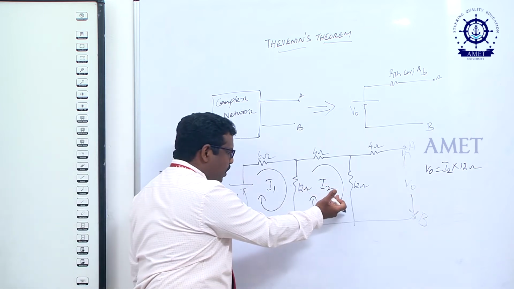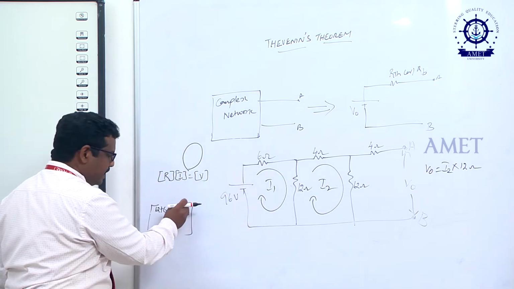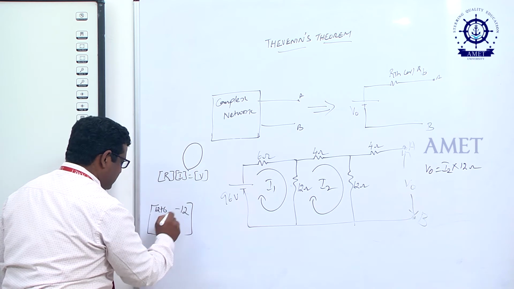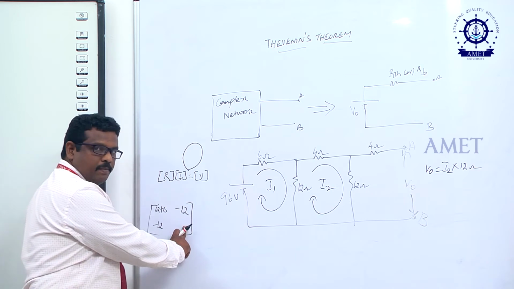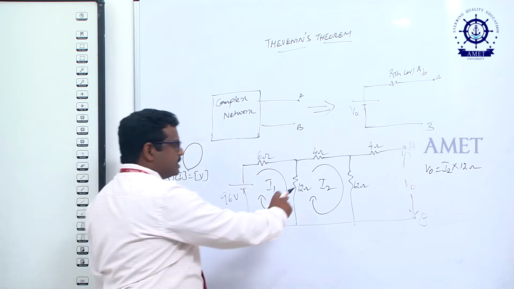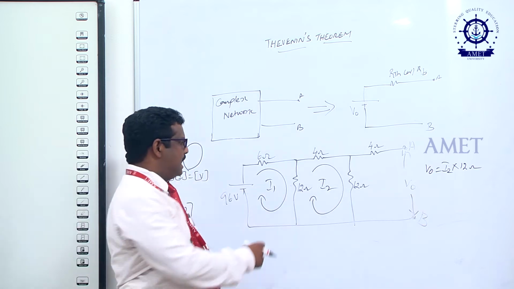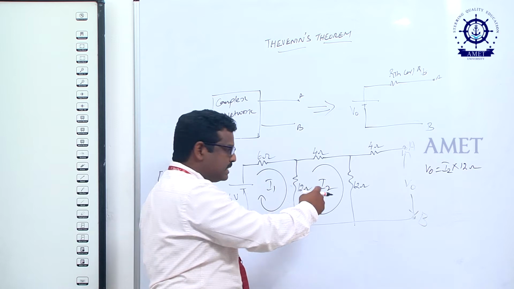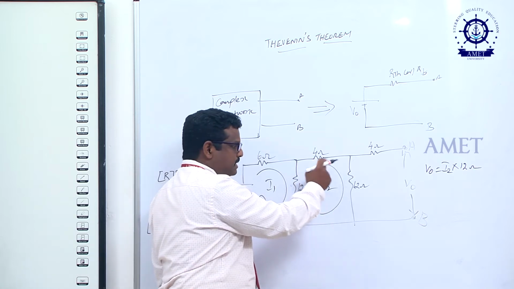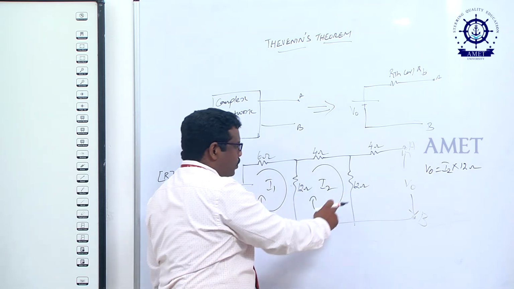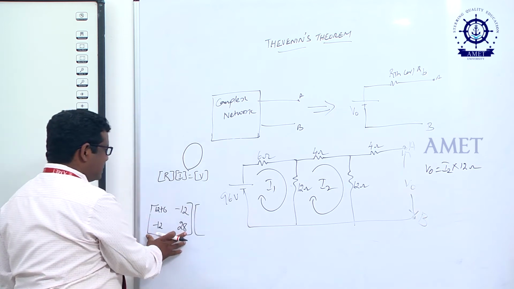Similarly, for the second loop and the first loop, what is the common resistance? Same 12, whatever you are applying here, so that is 12, this is minus, right. So, what is second row, second column? Second row, second column is the sum of all the resistance in the second loop, how much? 12 ohm resistance plus 4 ohm resistance plus 12 ohm resistance, 24 plus 4, 28, right. So, this is the R matrices.